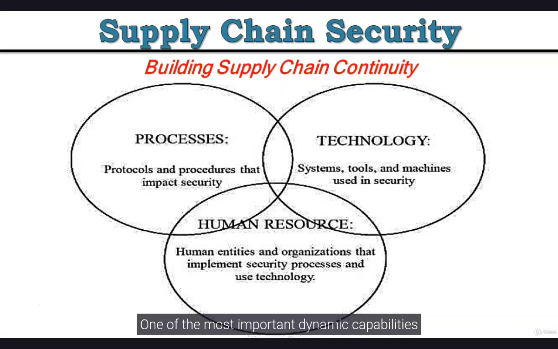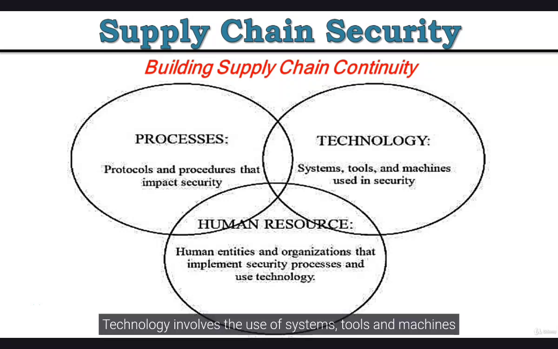One of the most important dynamic capabilities for the purpose of building business continuity is the capability of implementing processes or protocols for the management of the supply chain that offer effective security without compromising performance. This type of capability includes all processes within the organization as well as processes throughout the supply chain. Security must be built into each process, such that processes provide for supply chain visibility, an effective sourcing strategy, strategically managed inventory, the capability for redesigning products and processes with security in mind, and effective forecasting procedures.